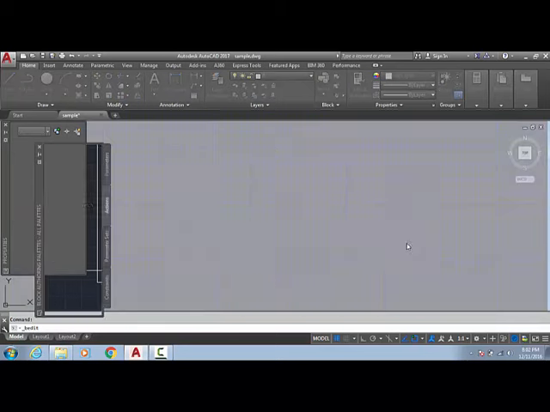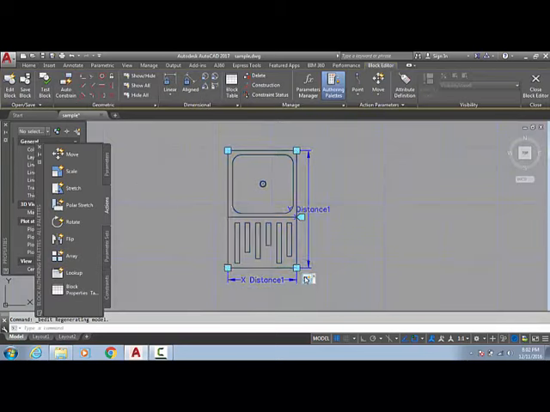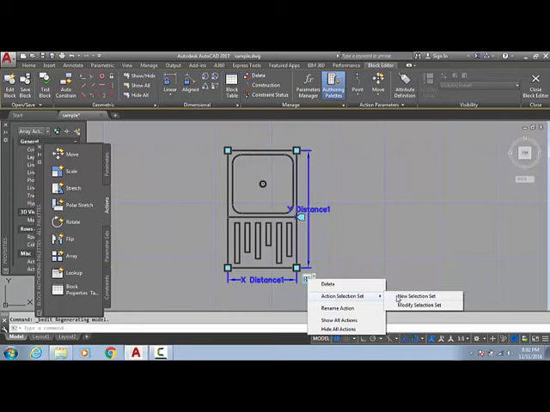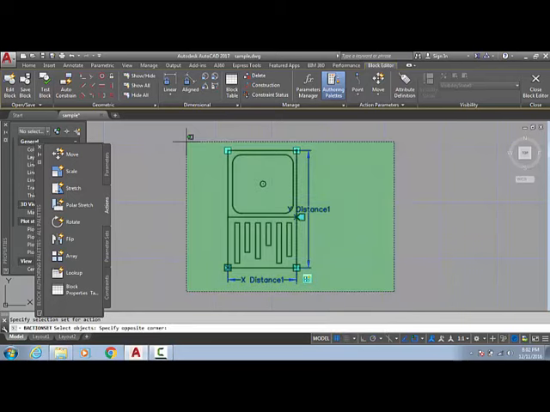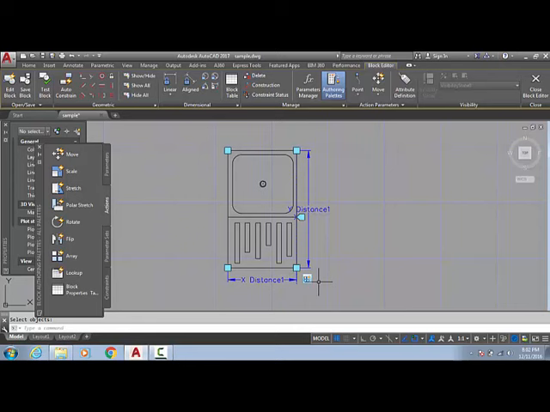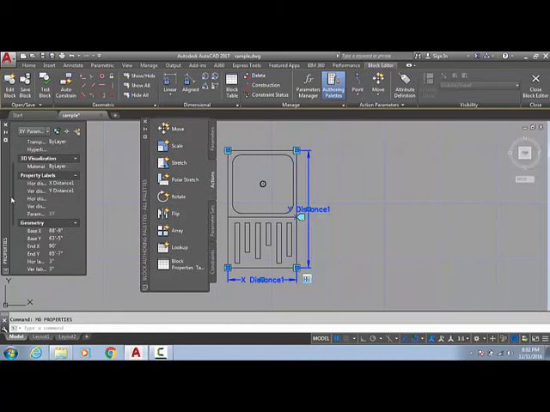And now again I am going to the block and changing its parameters. Action set, new selection, select object, enter, sorry, right click, action set, modify selection set, enter. Okay, it's not giving us the option of changing the array distance. So yes, here is the horizontal level offset 3 and vertical level offset 3 feet.